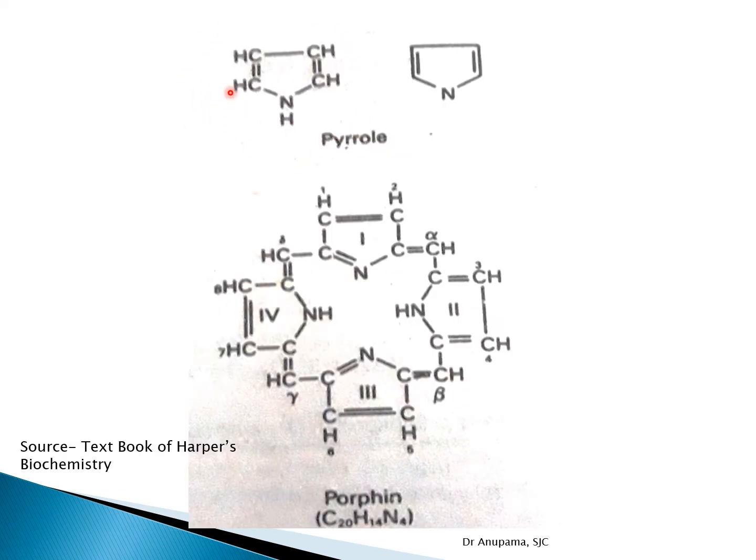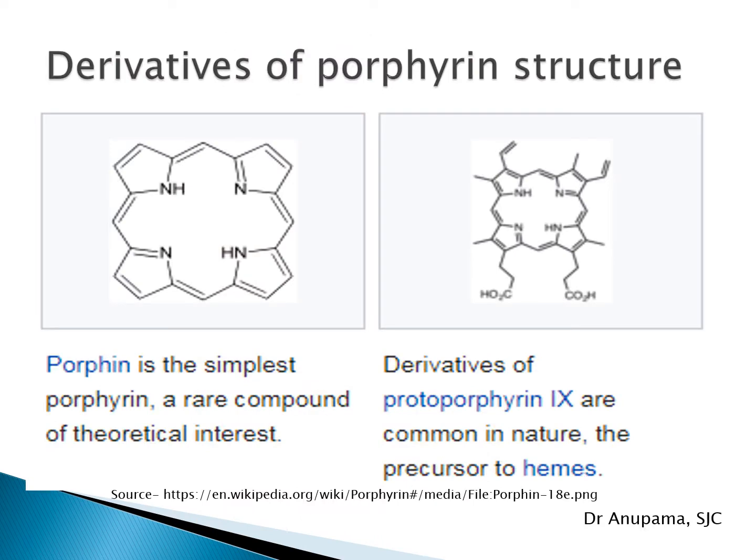This is a single pyrrole unit which can be represented like this also, and the tetrapyrroles are presented like this, that is 1, 2, 3 and 4 tetrapyrroles which are linked by methylene bridges. They form what is known as a porphin molecule, and it is represented like this also, that is C20H14N4. Derivatives of porphyrin structure: this is the porphin, which is the simplest porphyrin, and it is a very rare compound